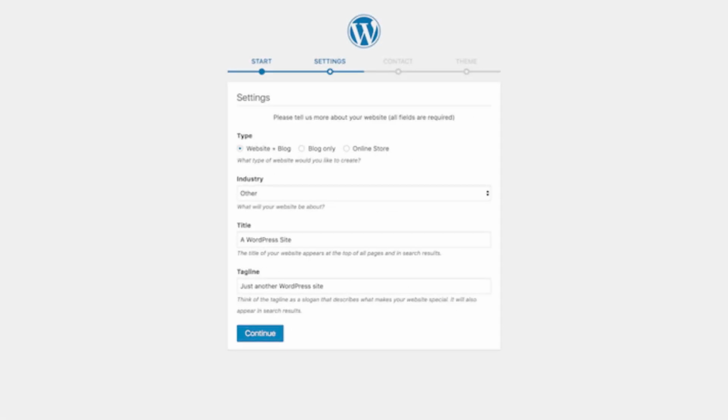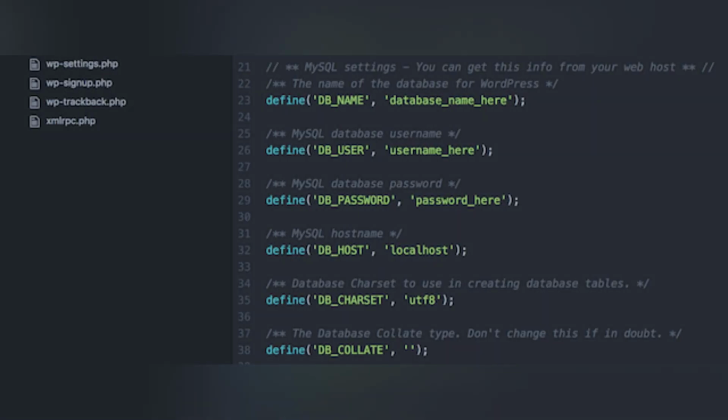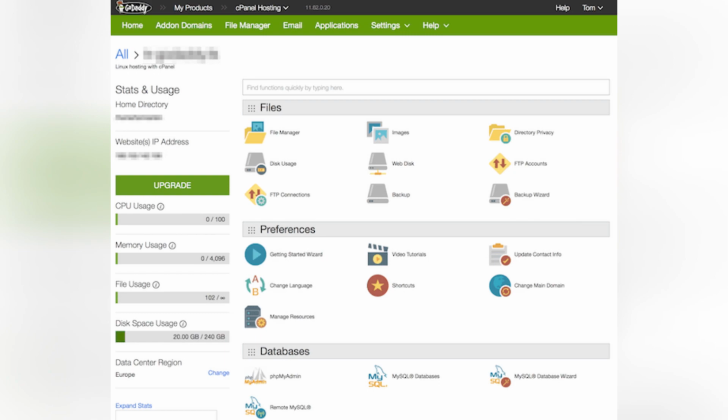You'll start by heading over to the official WordPress website and downloading the .zip file. Save it to your computer and extract all the files. Next, you need to log into your GoDaddy hosting control panel, which is likely cPanel, to manually create a new WordPress database and user. Make sure you keep those database credentials handy because you'll need them right away for the third step. You'll need to find the